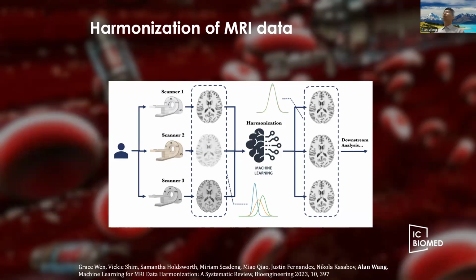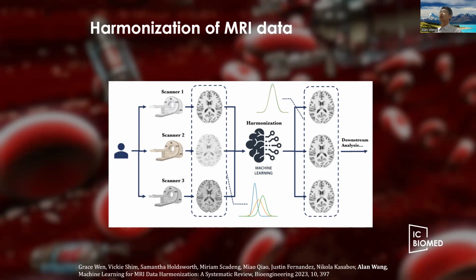For data from multi-center or multi-site studies, we propose the concept of harmonization. We know that the intensity values within MR images are relative values, which means that from different MR scanners, the intensities are not directly comparable. So we need to perform some pre-processing, for example harmonization, so that the scanner difference or the imaging device difference can be removed. We focus purely on the imaging itself, purely on the content.